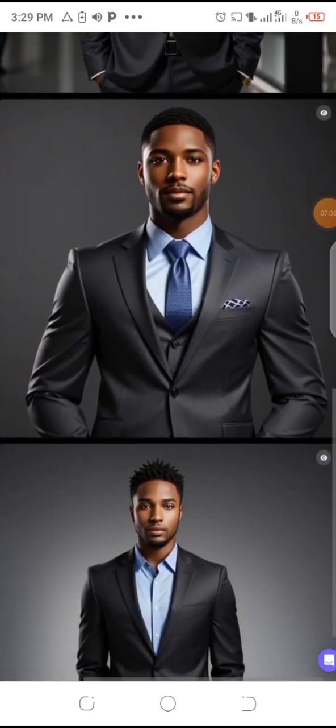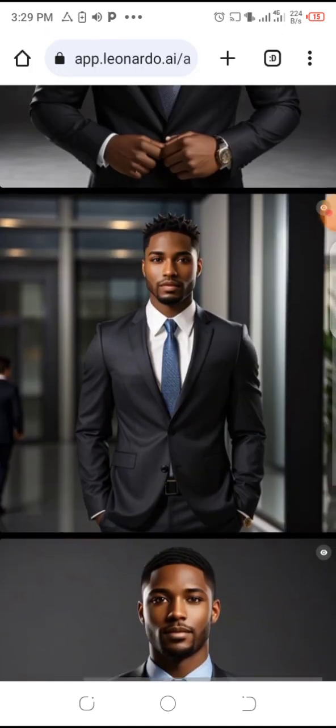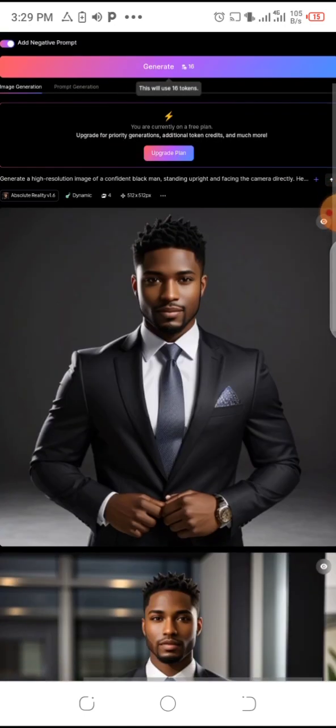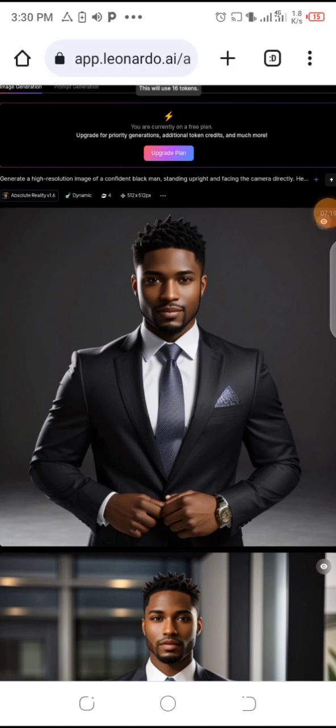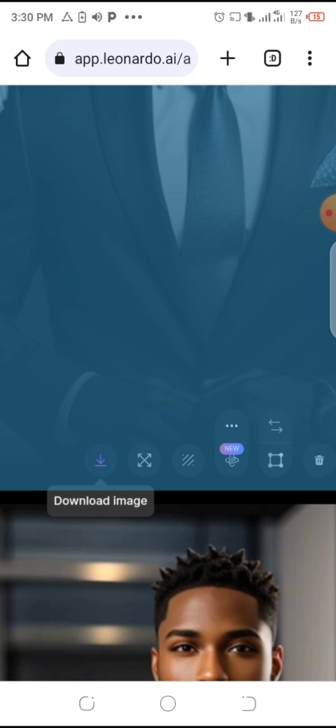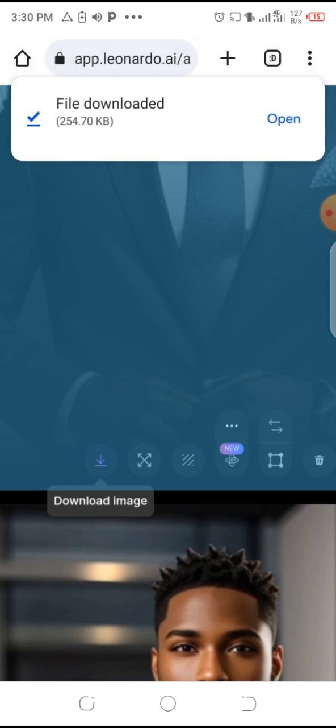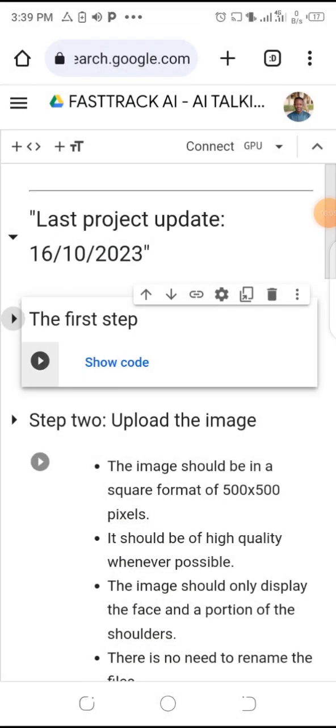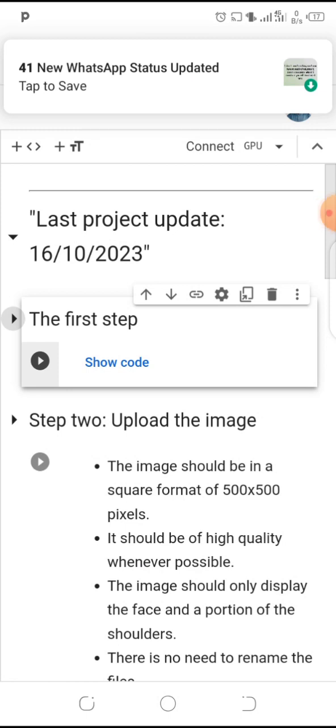It came out very nice. You can see it's very fine. Yeah, okay, this is okay. So to download it, you tap on it and then just tap on this download button, and then it's going to download. Next step, now this will be the second link or the third link also under the